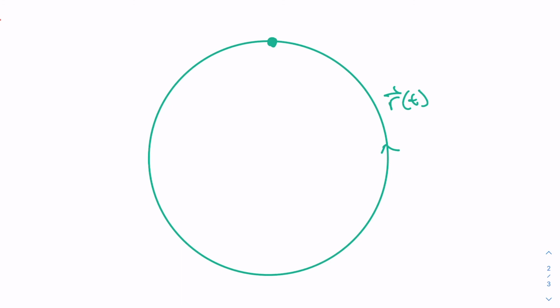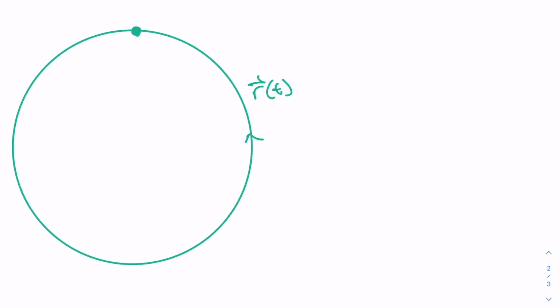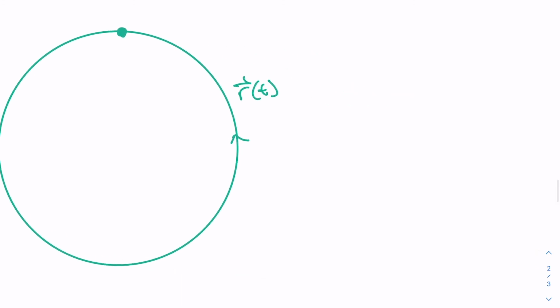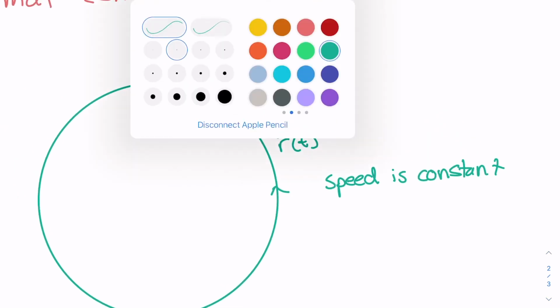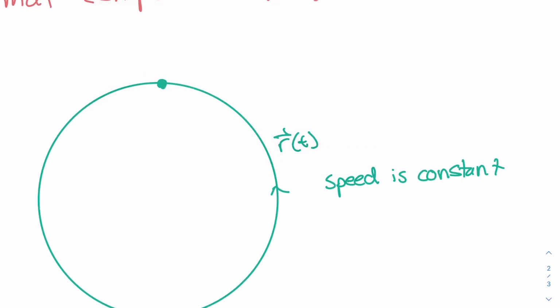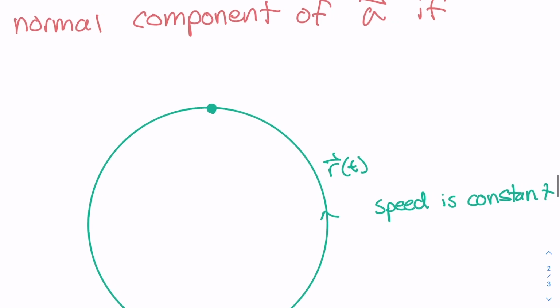And the conditions I'll set on this is that it's uniform circular motion where the speed is constant. So on r of t, let's say speed is constant. So if I were to sketch out the tangential and normal unit vectors, you might have, here's T,